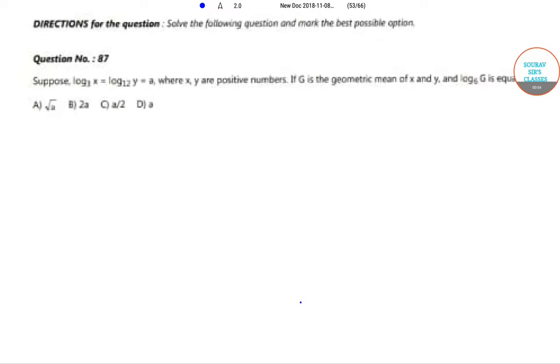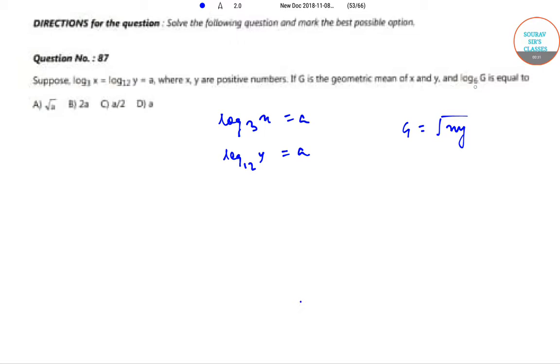The question is, suppose log x to the base 3 is equal to a and log y to the base 12 is equal to a, where x and y are positive numbers. If g is the geometric mean of x and y, so g is equal to root over xy, then log g to the base 6 is equal to,